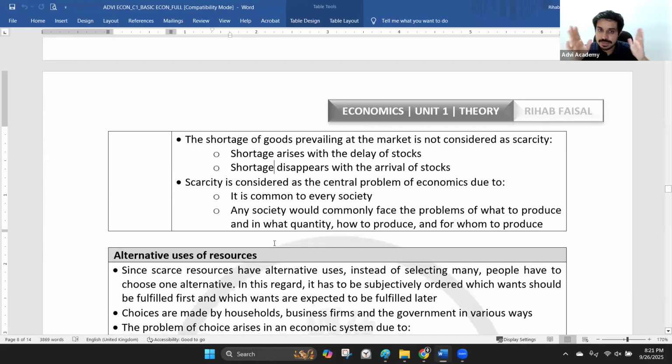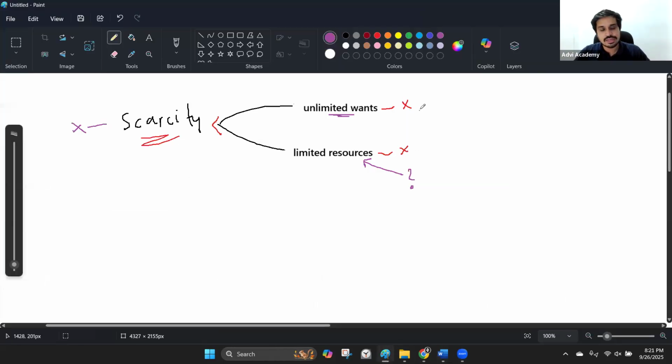Okay, and if we ask another question: scarcity means limited resources, right? Fine. What if it's a very developed country like America? They don't have limited resources. They have money to buy anything they want. Then the US shouldn't have scarcity. If we get an MCQ question like that, saying in a developed country there won't be scarcity,